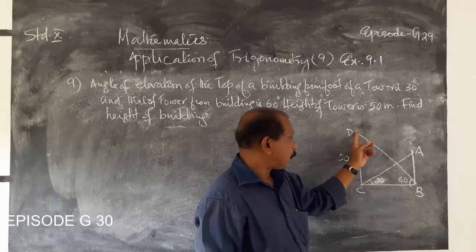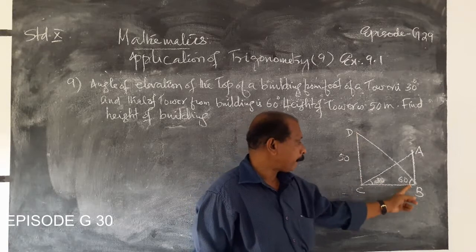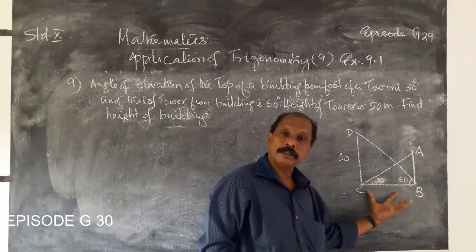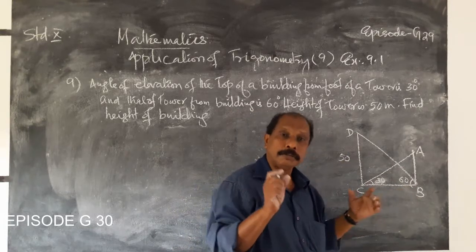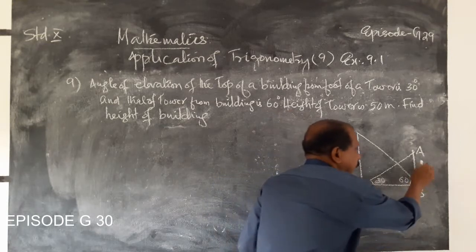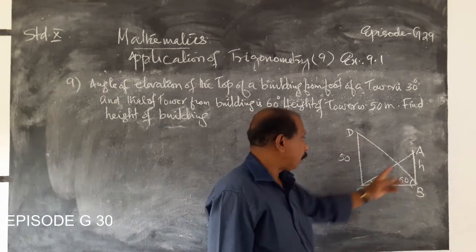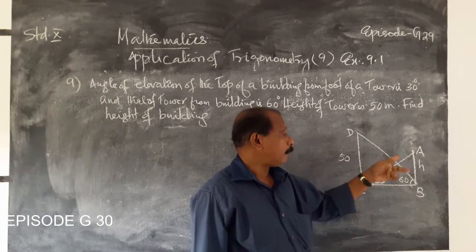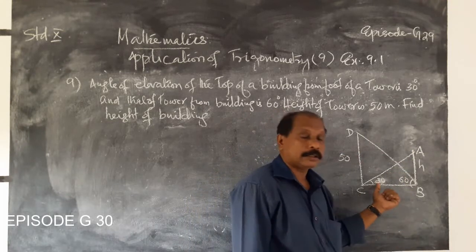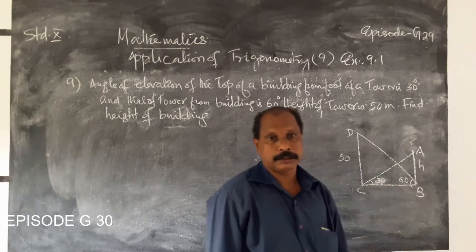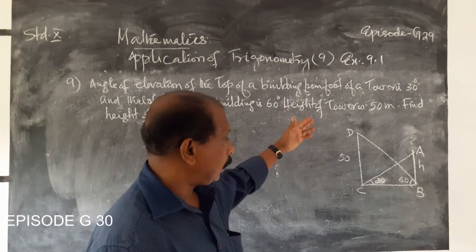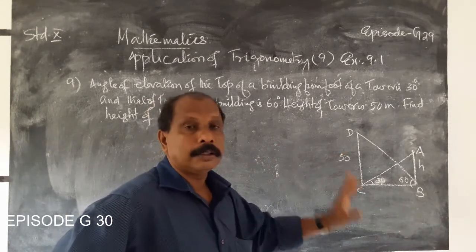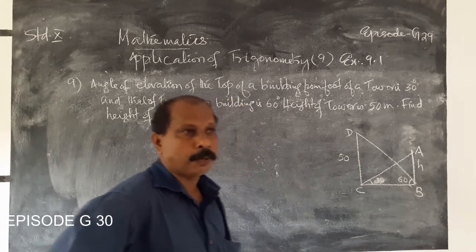That means in the right triangle DCB, the angle is 60. Therefore, the opposite side is 50 and the adjacent side is BC. From the triangle, we can find out the BC. Using triangle ABC, BC is obtained from the first triangle, and we can find out the H using 30. That is tan 30 is equal to opposite by adjacent side. From the first triangle DCB, we get BC. From the second triangle, we get AB. That is H, the final answer of this problem.